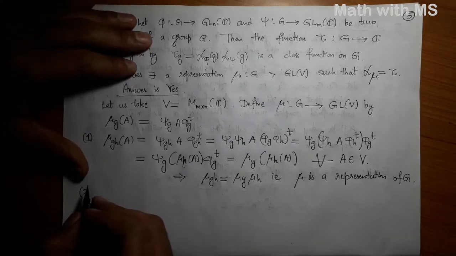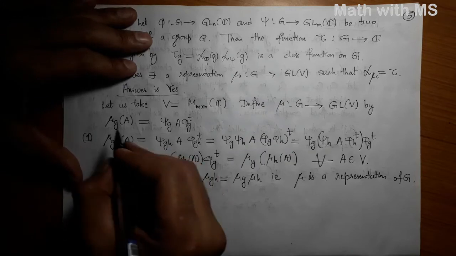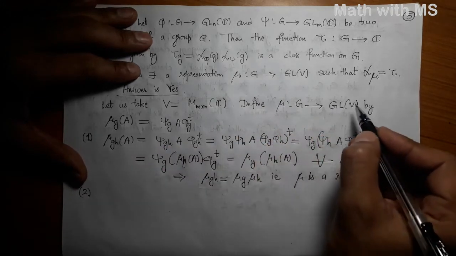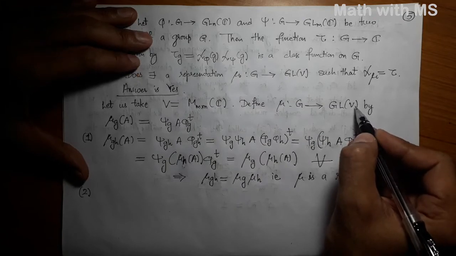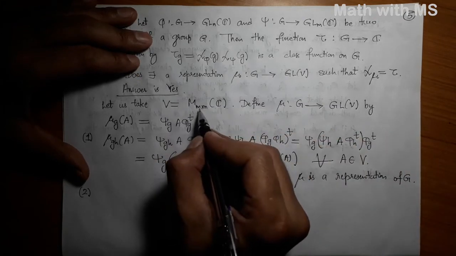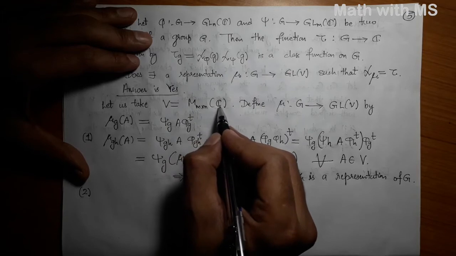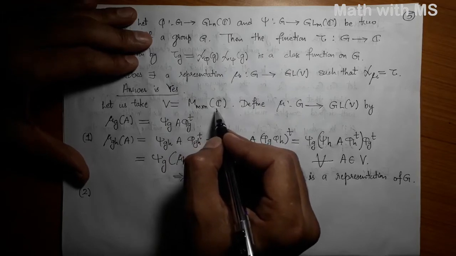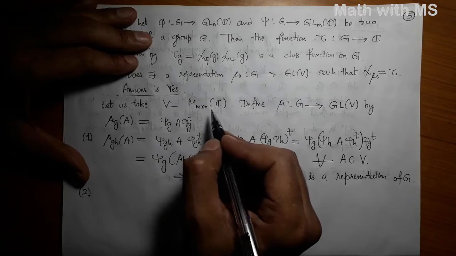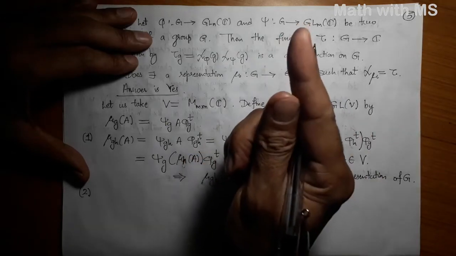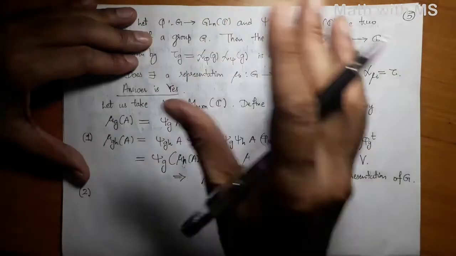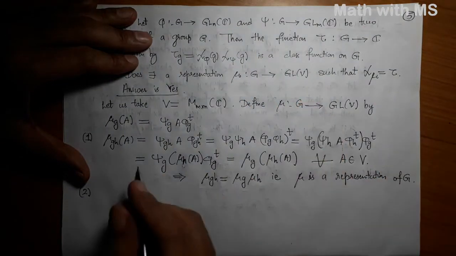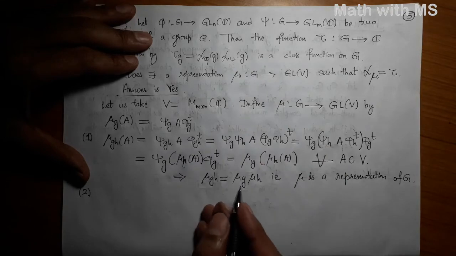All right, so let us make an observation about how this representation mu acts on the basis elements of the vector space V. So V here is the space of all m by n matrices over complex numbers, and a canonical basis for this can be taken as all those m by n matrices which have 1 at the ijth entry and 0 everywhere else. So there will be precisely m times n such matrices, which is the dimension of this vector space also.